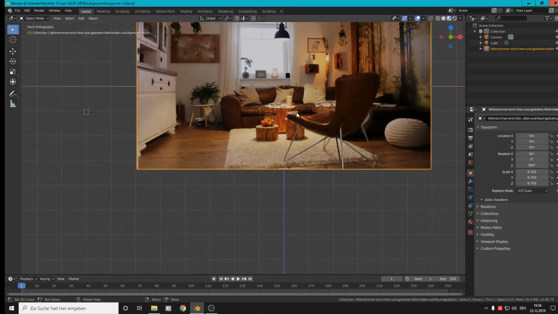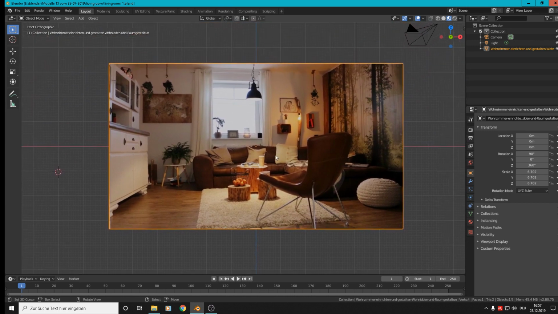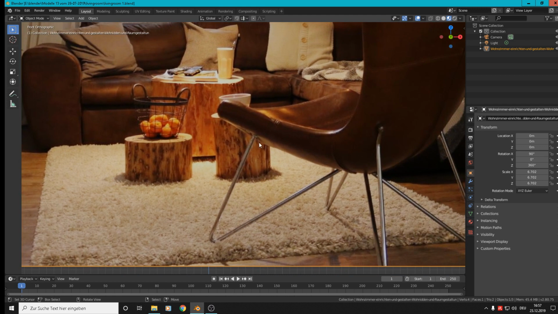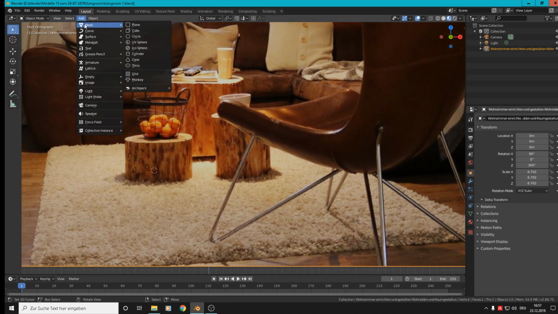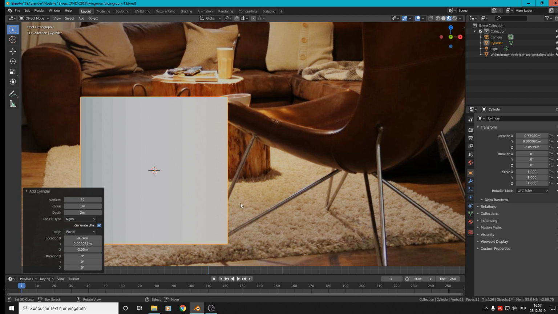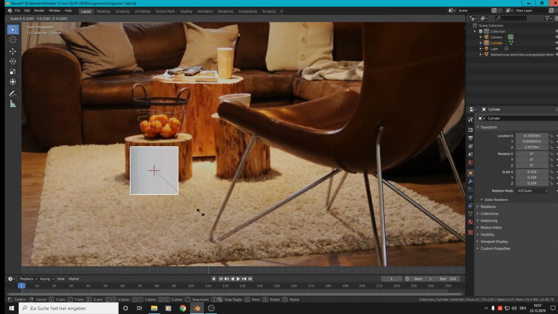We want to build this scene, and we start with these little tables. So we add mesh, cylinder, 32 is okay, scale down,